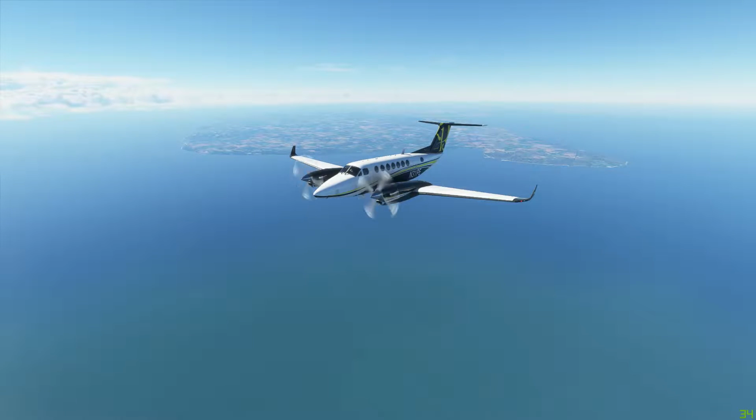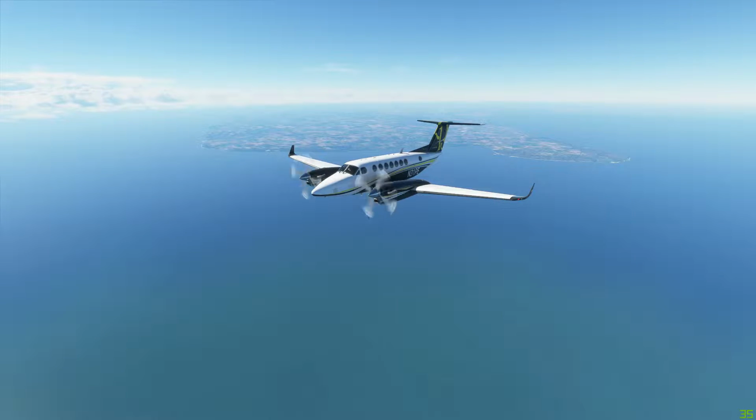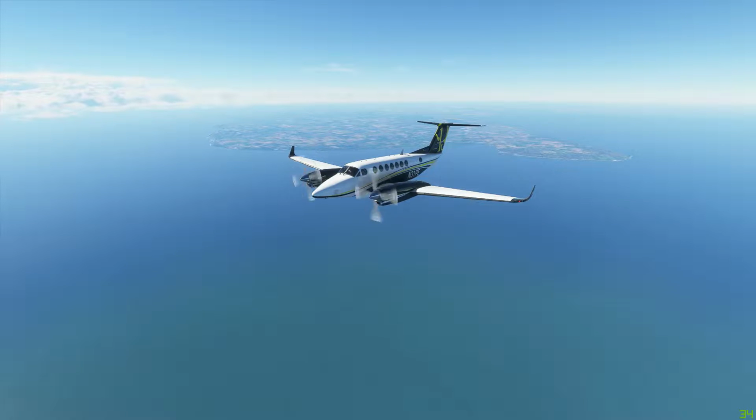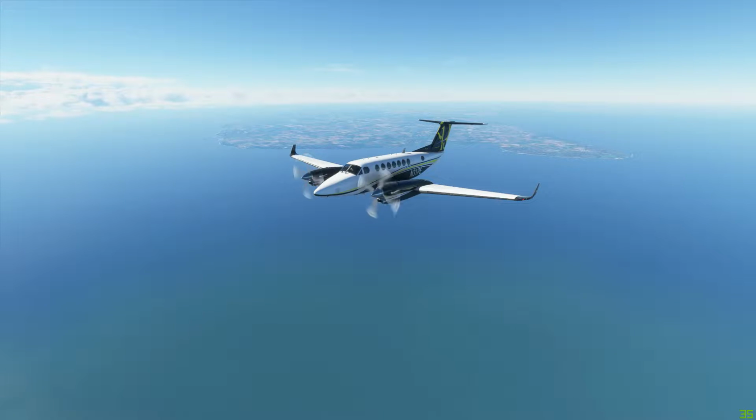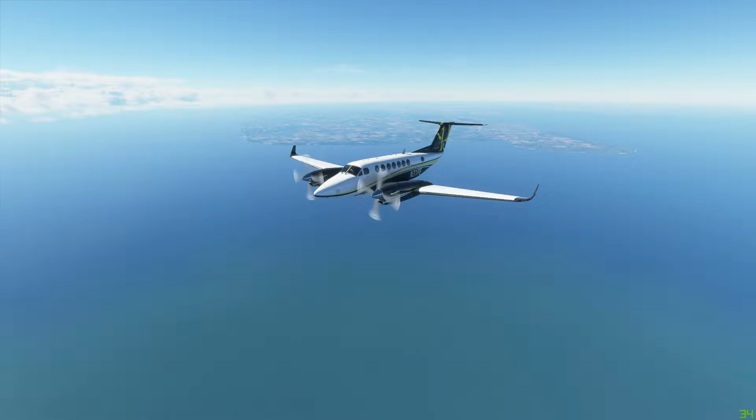This is part 2 of our G3000 King Air 350i full flight tutorial. It's been a while, and I apologize. The released patch caused some problems and I had to reinstall the entire sim, and for some reason it took more than 60 hours to get it installed, and that's why I wasn't able to post any videos so far. But today we are going to complete our flight with the King Air 350,